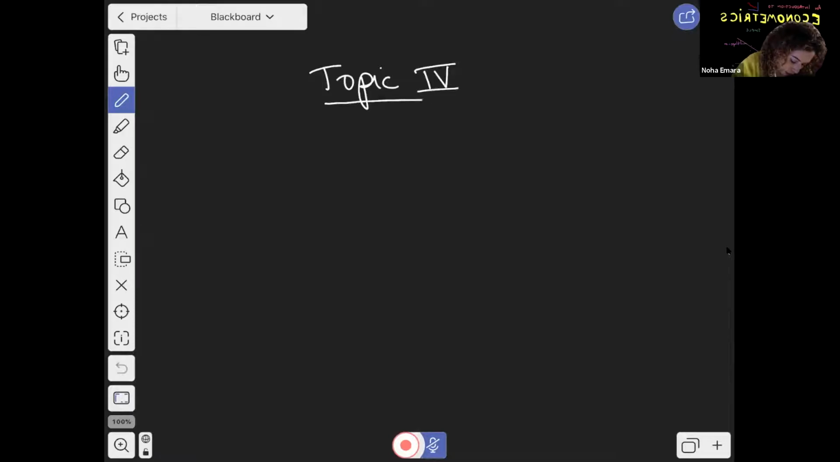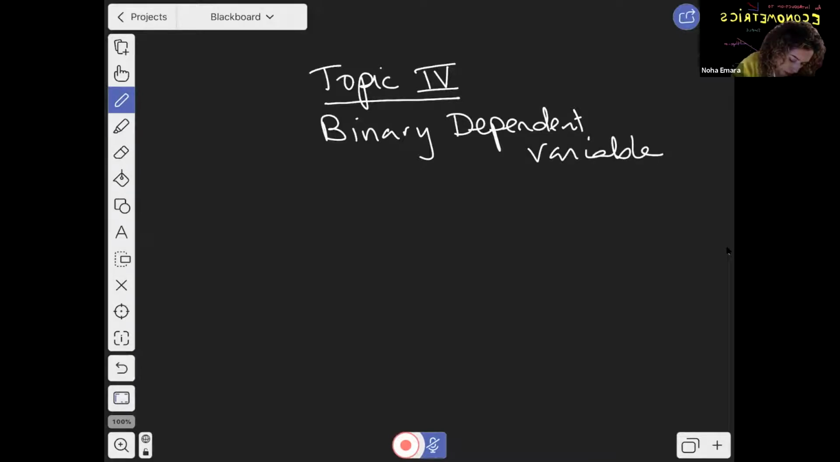So topic 4 is the binary dependent variable. Okay, so this is the binary dependent variable model. And this